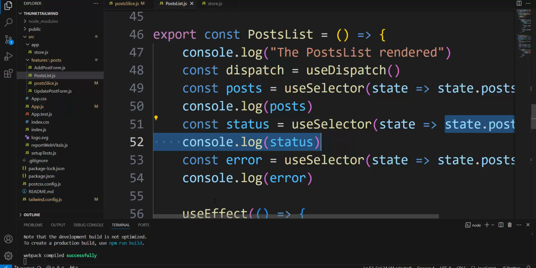The post slice is the meeting point between our action in post list or other component, where the user takes an action, and the reducer in Redux, in React. That action goes to the slice, and the slice is a meeting point between our action and the Redux store